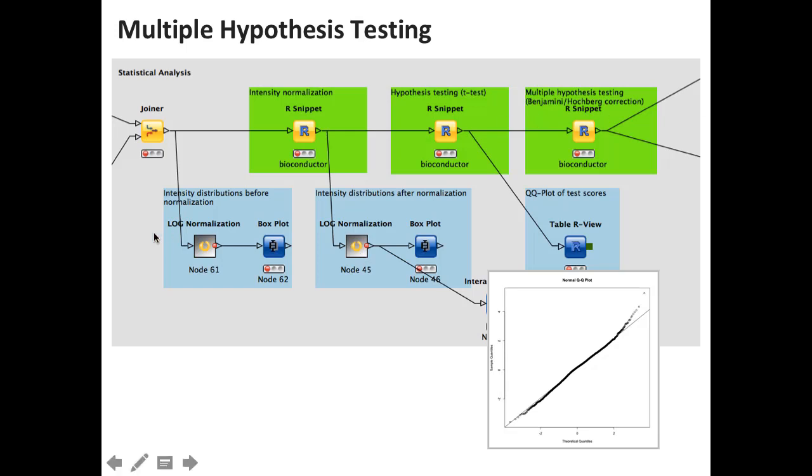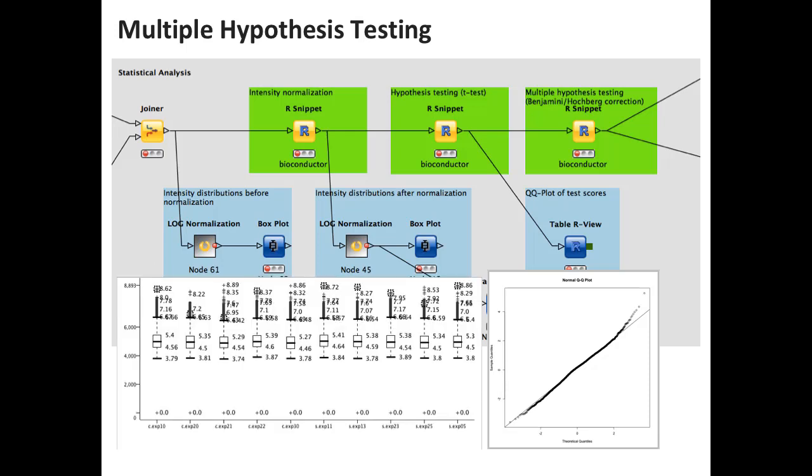And in KNIME, you can now hook up plots to all of these steps so that you can actually do some sanity checks in all the steps as you go along and get plots out of that. You can construct the box plots for these. So this here looks at the various samples and tells you that indeed the normalization worked well. You have an intensity distribution that is even across all samples, so that gives you a warm, nice feeling that you got it right. And then you end up with few things that you need to identify.